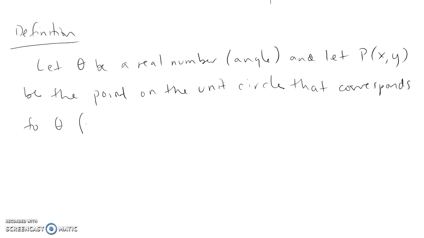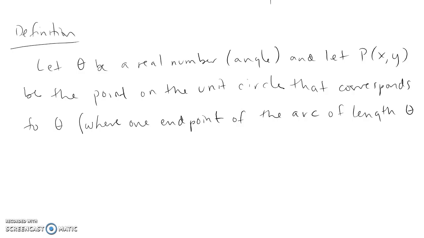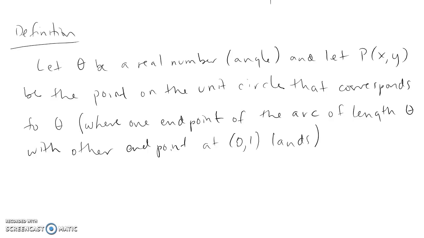Yeah, it means basically it's the point where one endpoint of the arc of length theta, with the other endpoint at 0, 1, quote, lands, right? Then, based on that, we can define